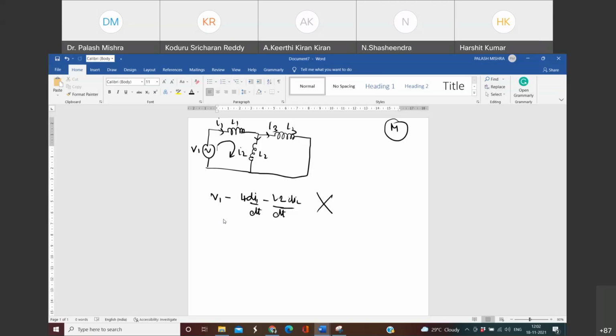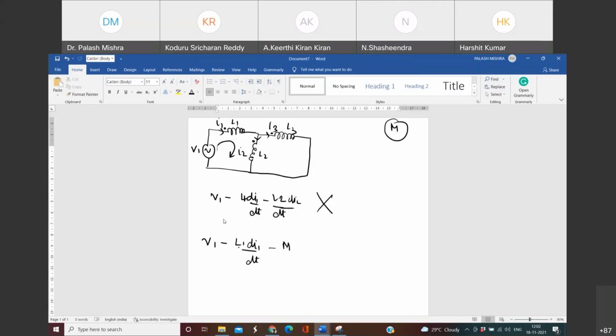You have to write coil-wise. So it will be V1 minus L1 di1 by dt, for coil 1. Now coil 1 is linked with the second also and the third also, so it will be minus M times. Suppose the current is entering in all three and the dots are kept something like this. Then M will be supporting L, because the current is entering the dots simultaneously. So M will be of the same sign as L.